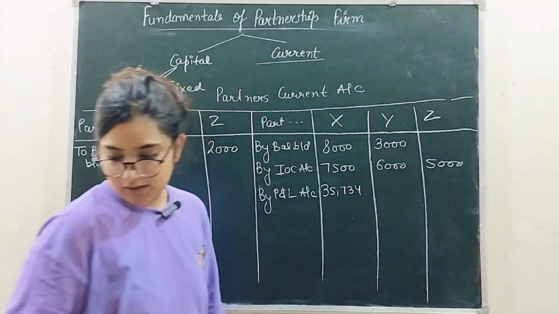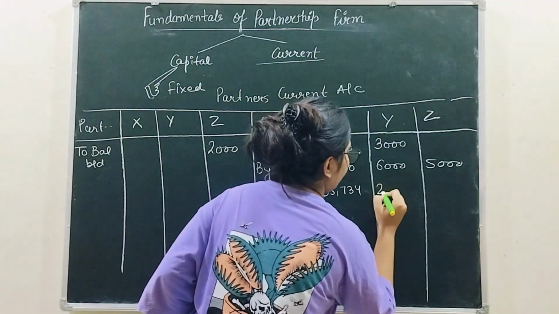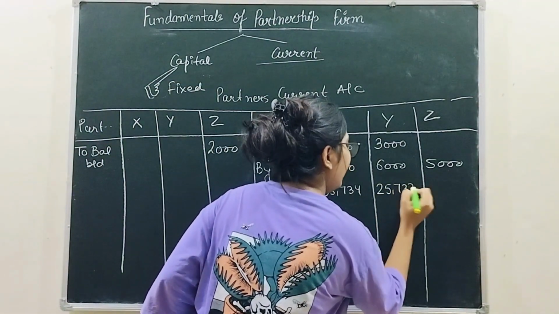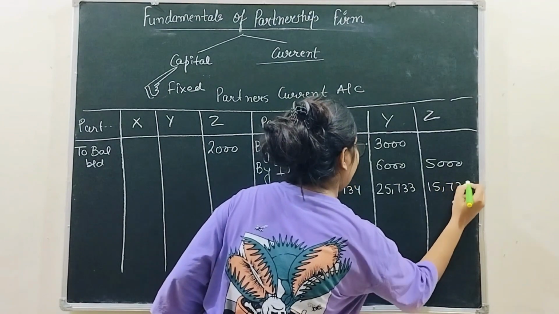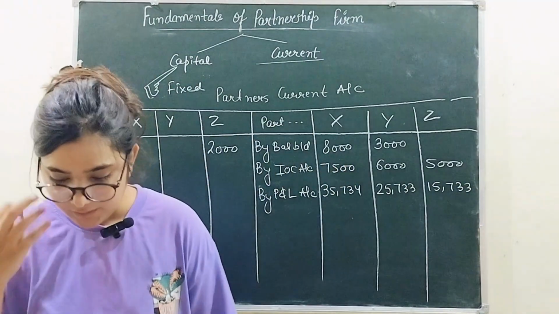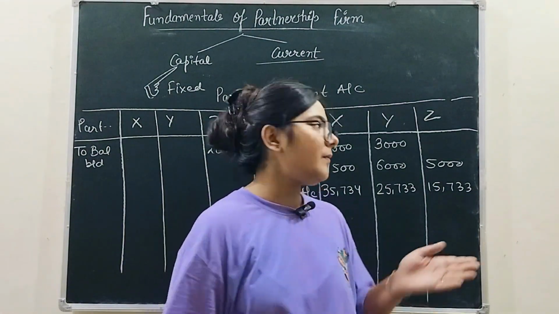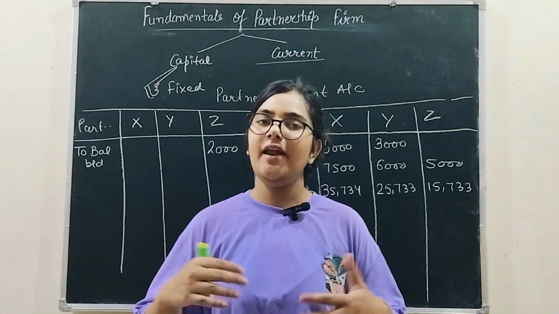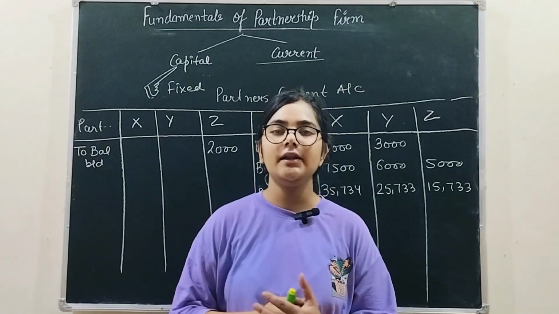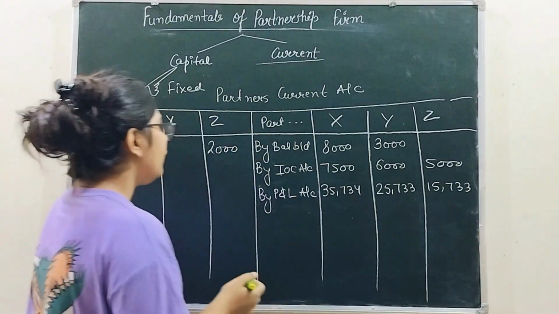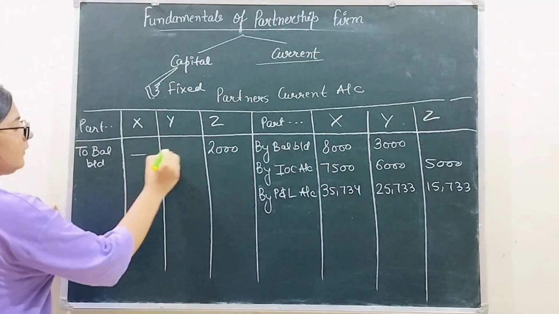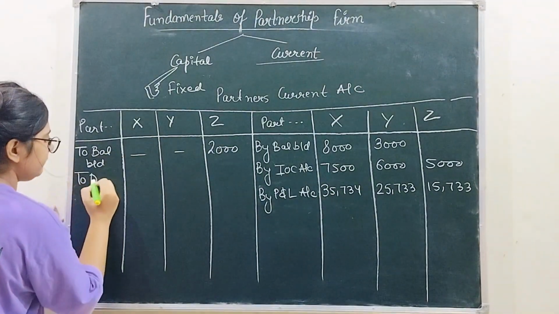कितना प्रॉफिट आपका वहां से आया था? 35,734, राइट, 25,733 एंड 15,733, राइट। नाउ फॉर द जनरल रिजर्व, आप जनरल रिजर्व को अपने पार्टनर्स कैपिटल अकाउंट में रिफ्लेक्ट नहीं करोगे बिकॉज़ इट इज टू बी रिफ्लेक्टेड इन द बैलेंस शीट, राइट। नाउ फॉर द डेबिट साइड आप क्या करोगे? अपना ड्राइंग्स लिखोगे।